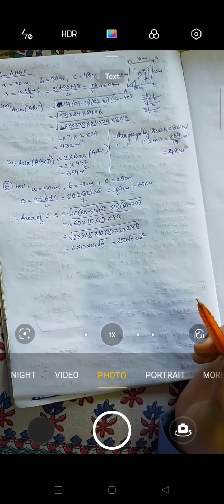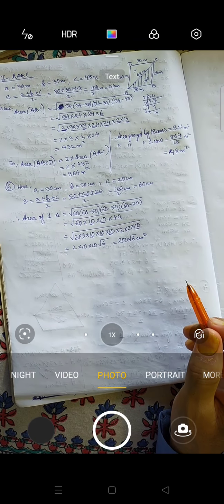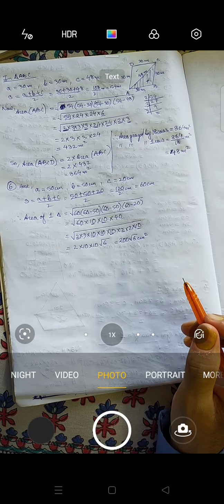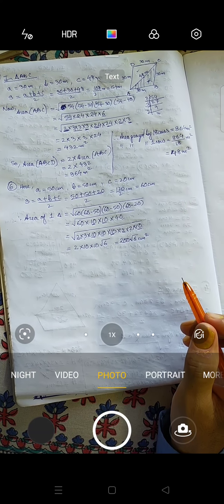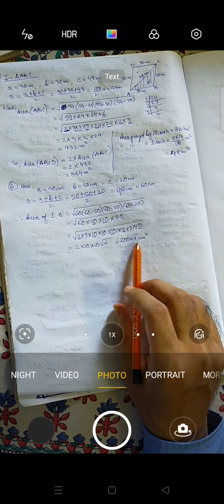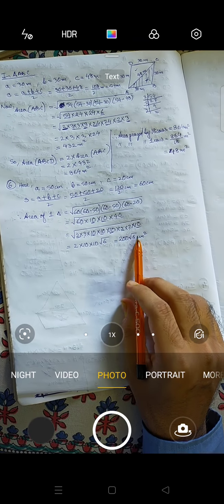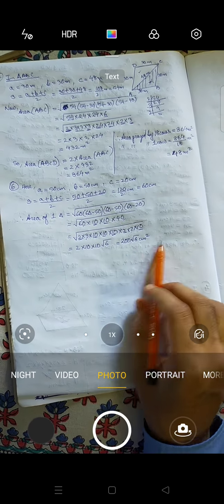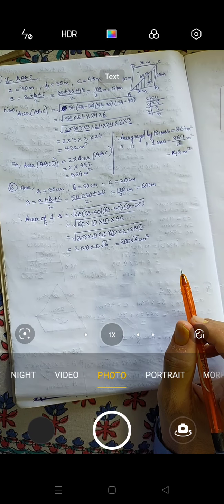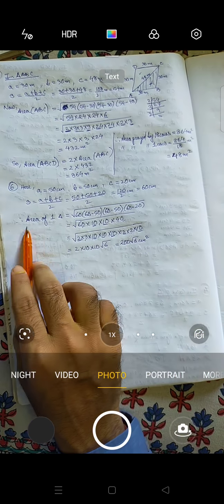In the previous questions like question number 1 and 2, we were supposed to find the value of root, right? But in this case no need because this is a single number. If you will be having plus something, then you have to find the value of root, okay? So this is the area of one triangular region.